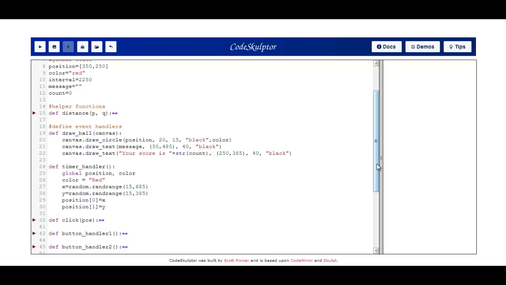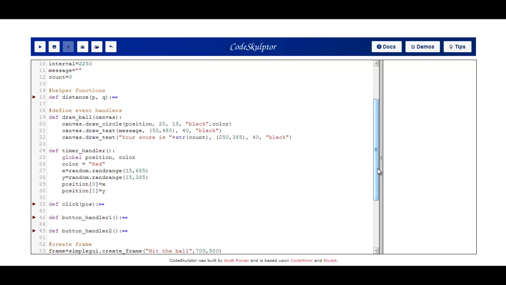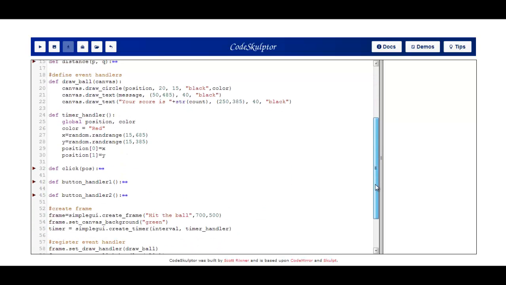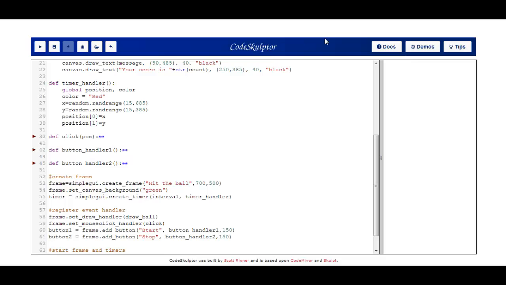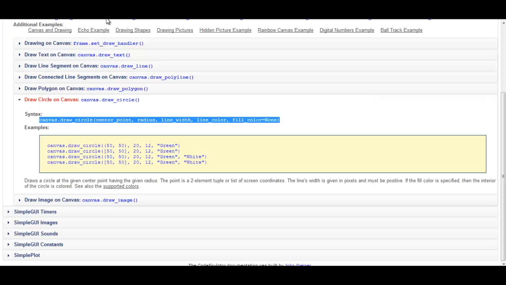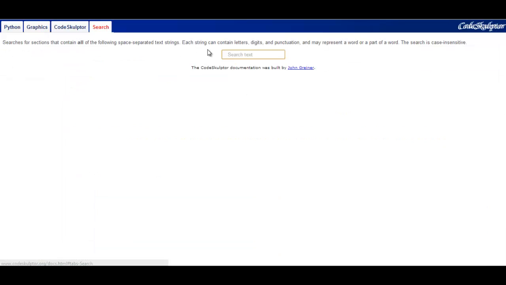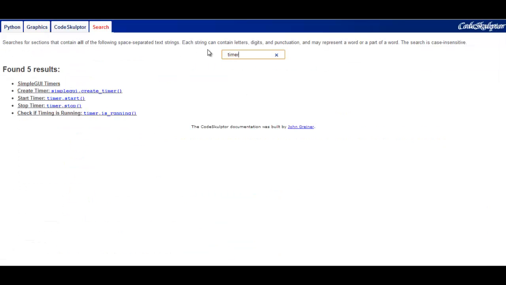So I have used a timer here. Now the timer is going to be called after a particular time, and I have used this interval variable here to declare the time, or to just tell the time at which this timer will be called. So I'll just start from the beginning itself, that how do you actually create a timer. So again I'll go to the docs, and inside the search I'll type timer,